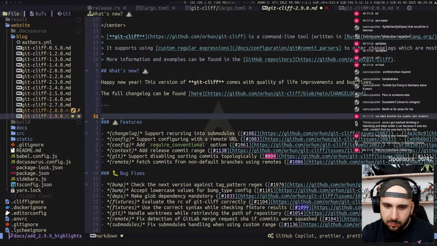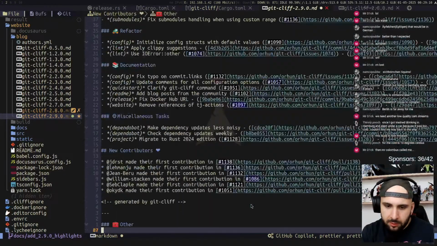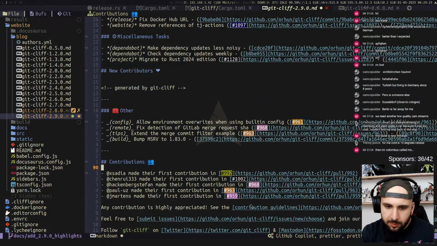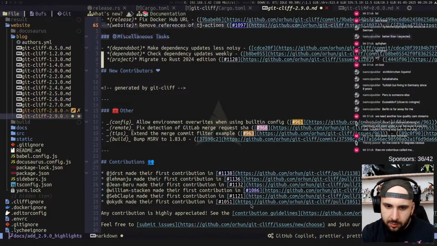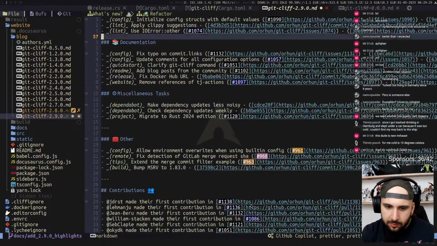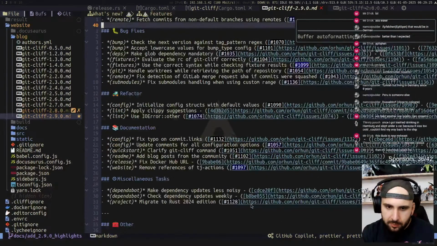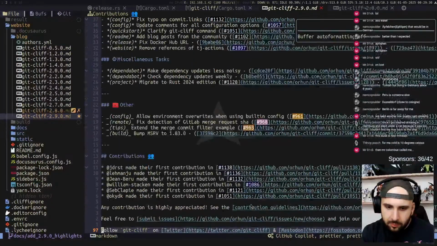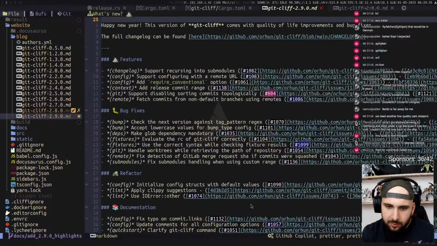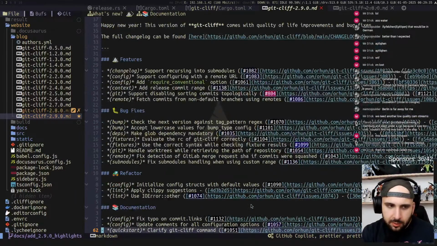Alright, so I have the whole changelog here. Oh my god, so many things happened. New contributions. I'm gonna add these things to here. And what I do is I basically take the changelog and tear it apart and then have sections for each significantly sized feature. So for example,